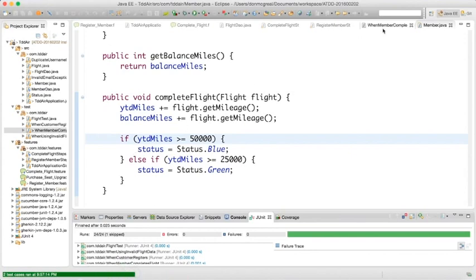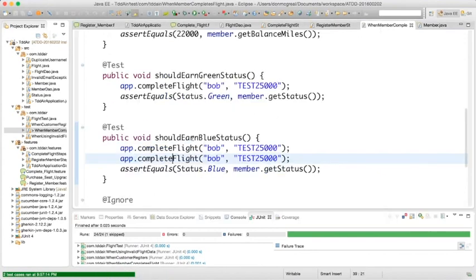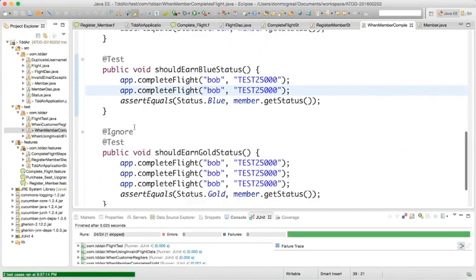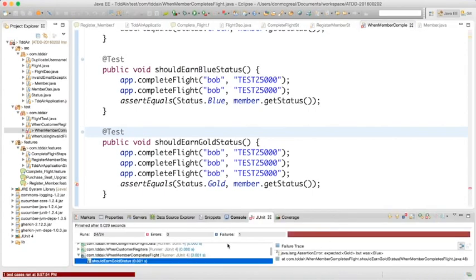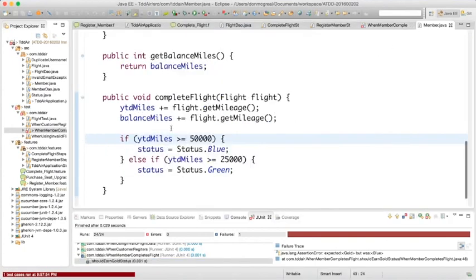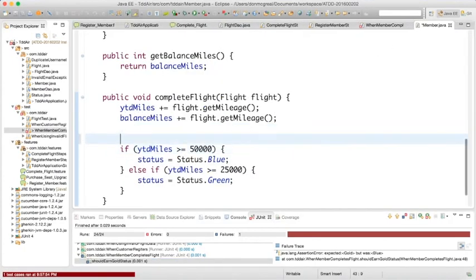So this passes, and I'm not going to touch gold until I actually create my test for it. So I'm going to take the ignore off this one. I'm going to rerun my tests. They should fail, and again, gold and blue, so it's all back to the same thing. It's at this point when I have a failing test, because I will never write code unless I have a